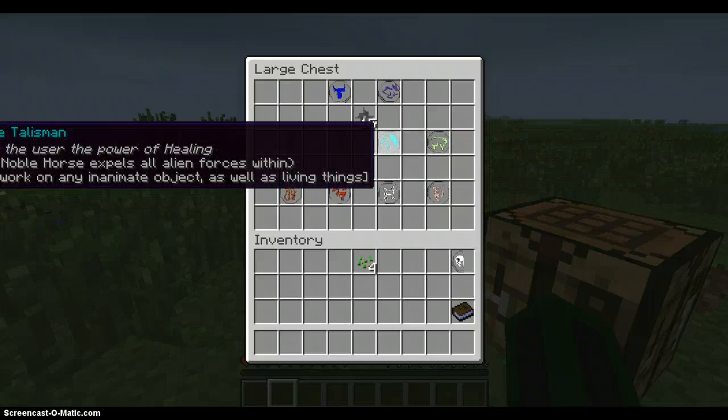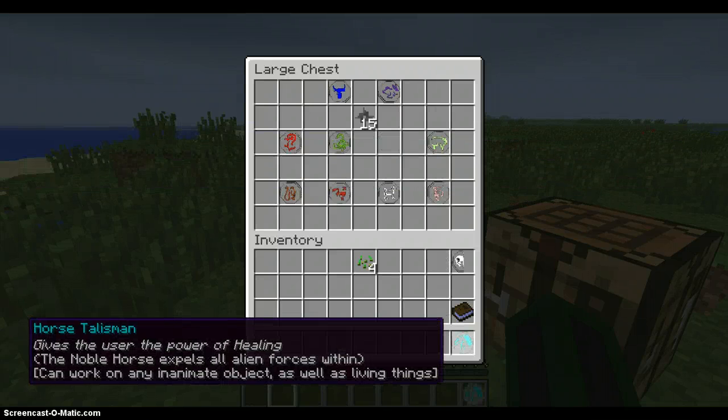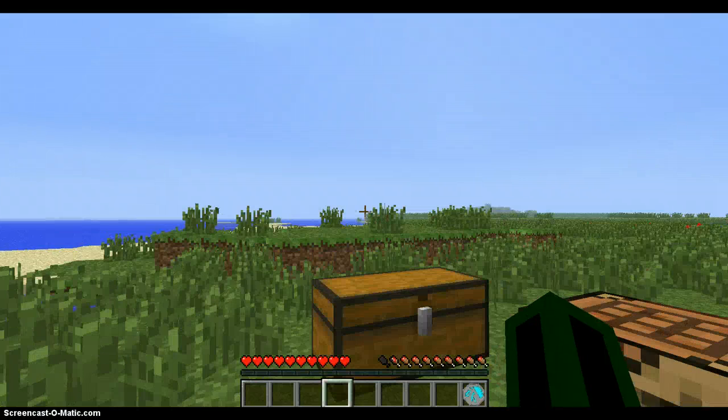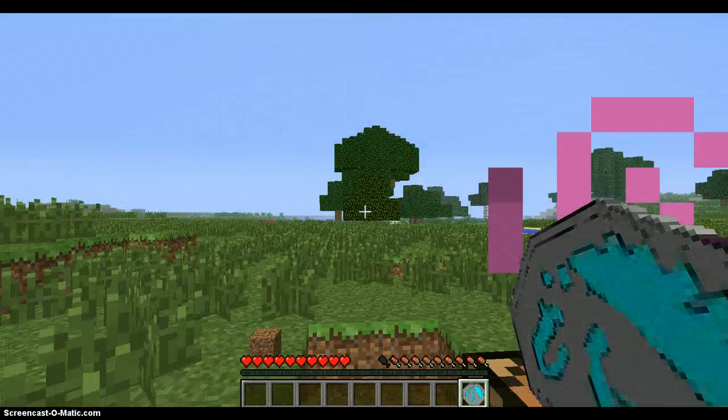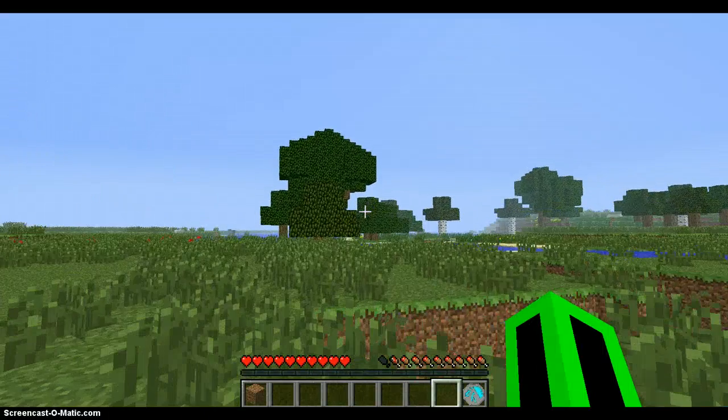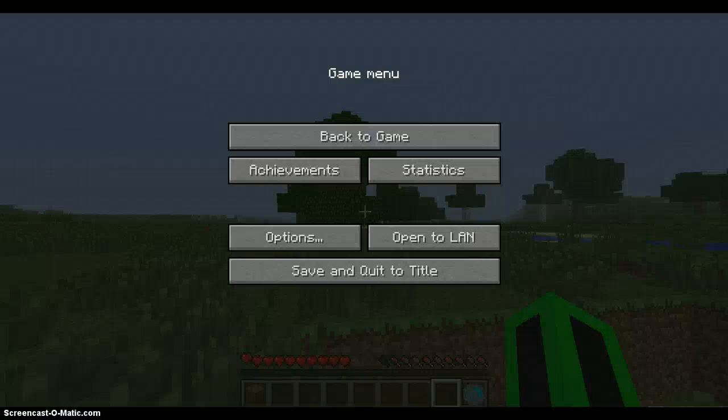So next we have the Horse Talisman, which gives you the power of healing. As you might expect, it gives you regeneration, infinite if you're holding it. So this is what I mean by kind of overpowered, because if I went to